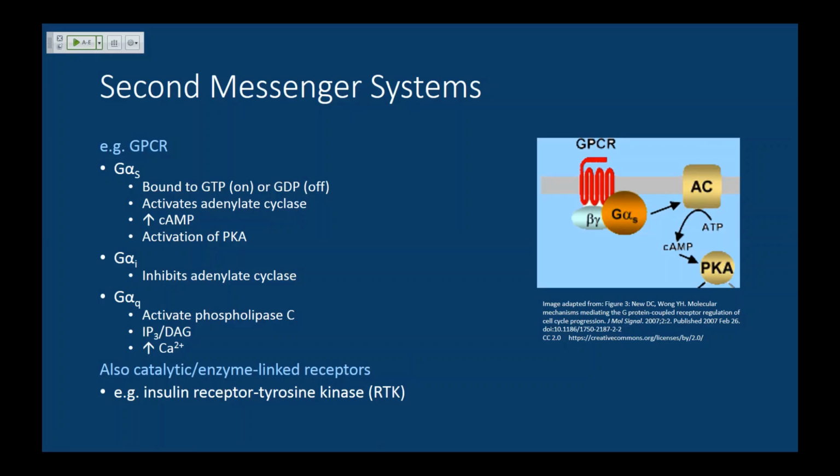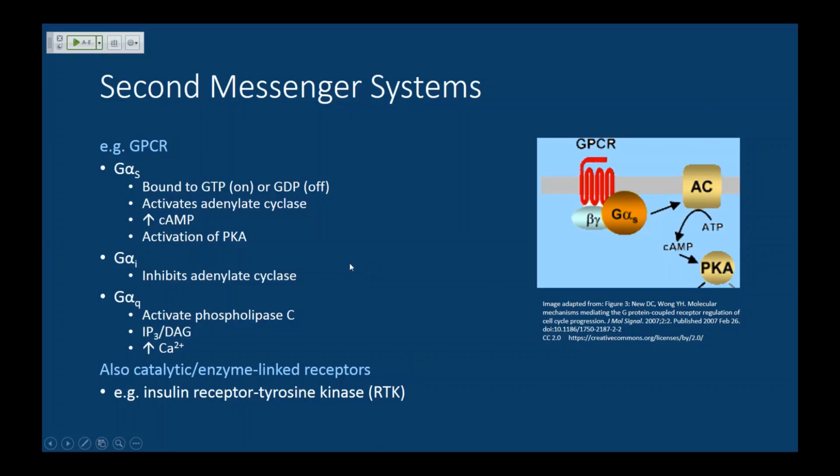And adenylate cyclase will then produce cyclic AMP from ATP. And this is one of the big steps of signal amplification. So one adenylate cyclase molecule can produce hundreds or thousands of cyclic AMP molecules. So in that step right there, you get a very large amplification of the signal. Okay, cyclic AMP will then go on to activate protein kinase A. And like other kinases, protein kinase A will phosphorylate various proteins, which alters their function and is responsible for the effect that is derived from this pathway.